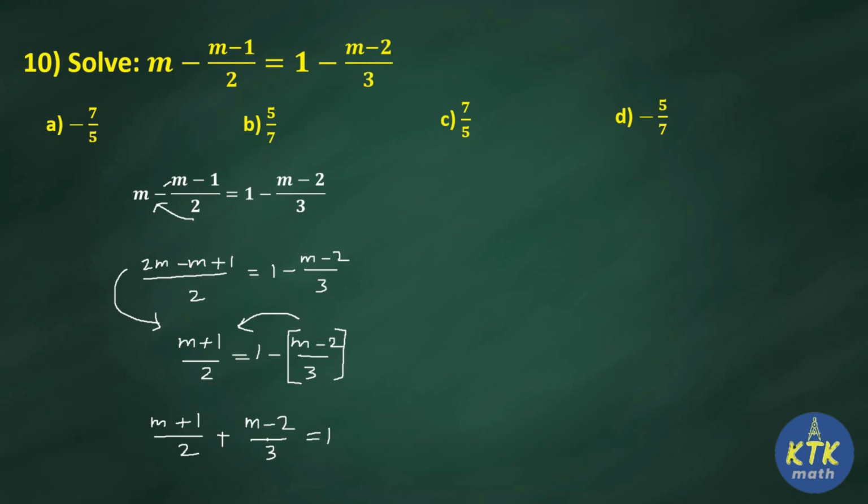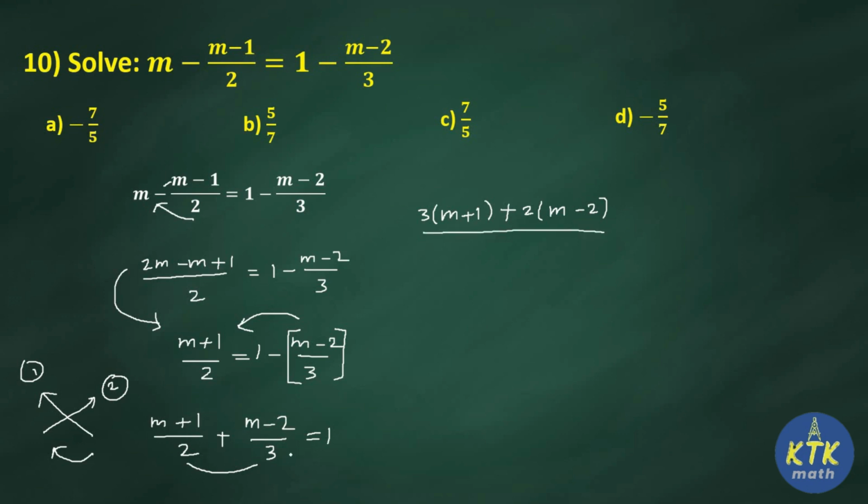Two fractions with different denominators. So I'm going to apply what method? I'm going to apply cross multiplication method. Okay, already I taught you how to cross multiply. So first you need to multiply here, that is 3 into m plus 1. Okay, 3 into m plus 1. So how I'm going to write here, 3 into m plus 1, and then, so second you need to cross multiply here, that is first denominator with the second numerator. So 2 into m minus 2. If you are well versed in fraction solving, means you won't wonder what I am doing. Okay, next denominators, 2 3s are 6. Okay, is equal to 1.